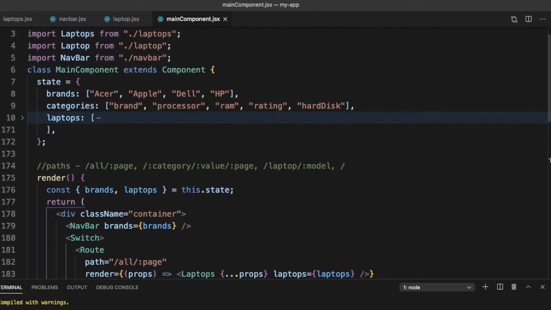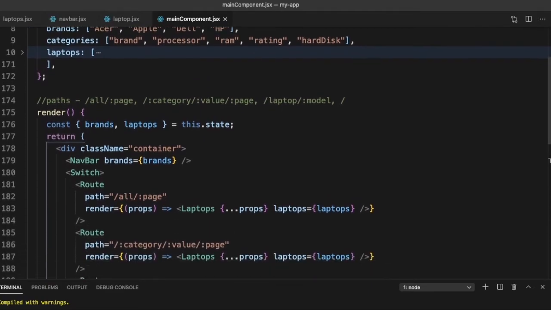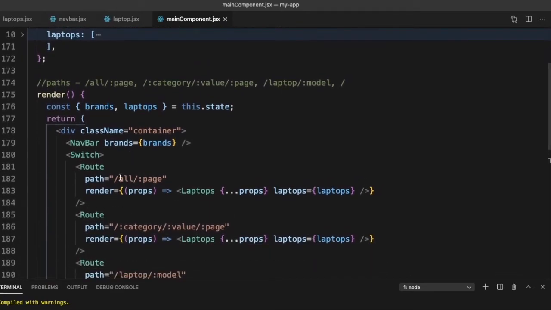Now that we have defined our main component, we need to define our laptops. So notice in the case of laptops, there are these two paths, slash all slash colon page and slash colon category slash colon value slash colon page, which go into laptops.